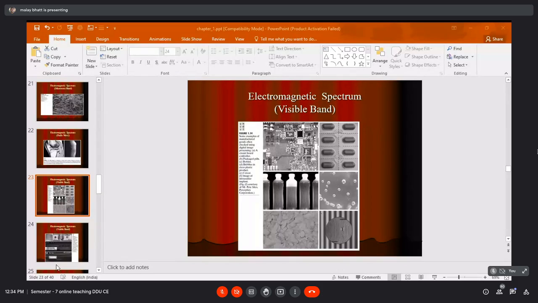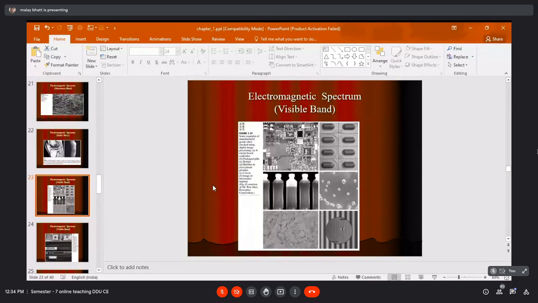The next one is bubbles in the plastic. So if there are bubbles in the plastic, that plastic will be of no use in a short span of time. So that's what you can identify through image processing. Automated image processing can be used for that. You can develop an algorithm which will detect these things.